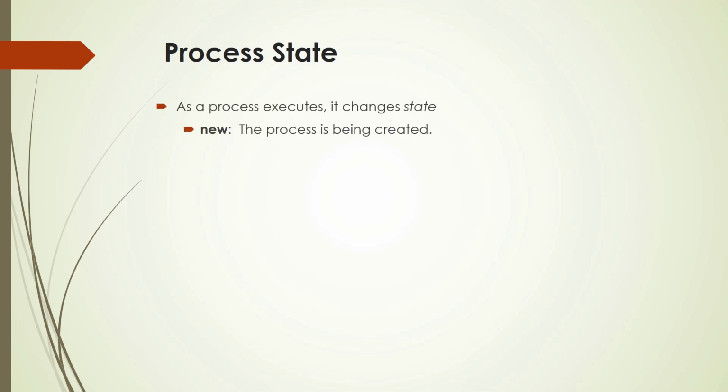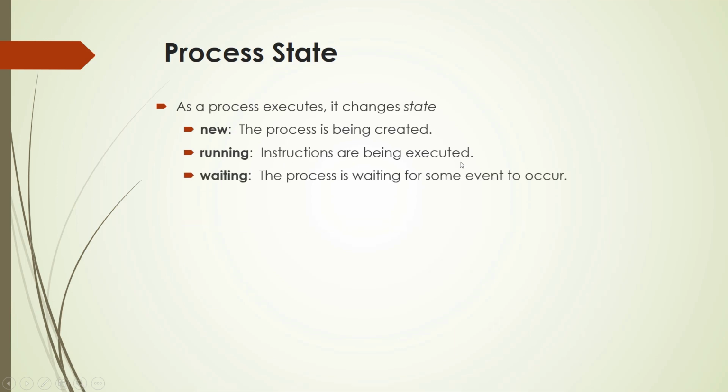Now let us look at process state. So there are several states in a process. So the first state is the process is being created. So when the program is taken to the memory and it becomes a process, and now the next state is running state. When the CPU is assigned to the process, it goes to the running state where the instructions of the process will be executed. Next state is the waiting state.